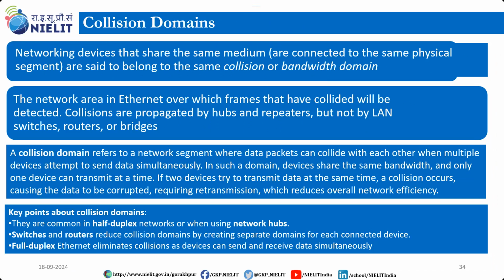Switch and router have multiple collision domain options because they have multiple separate communication channels available for each connected device. So more communication channels means the device will be more efficient. Our switch and router devices are known as full duplex devices, and the NIC card present in today's modern PC, generally these days we are getting the full duplex NIC card. The full duplex Ethernet card is also an example of